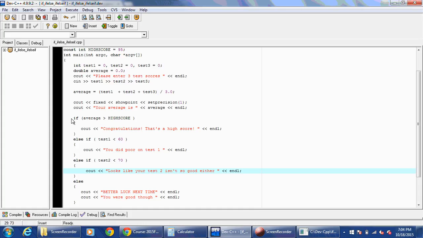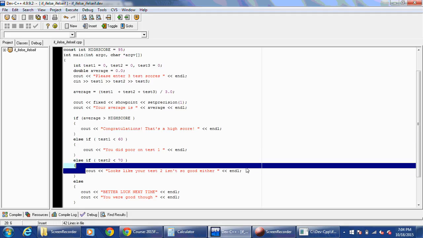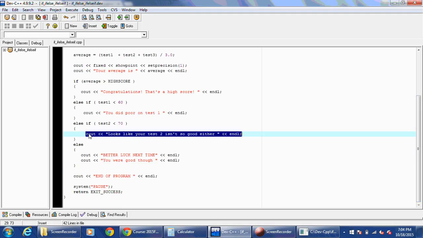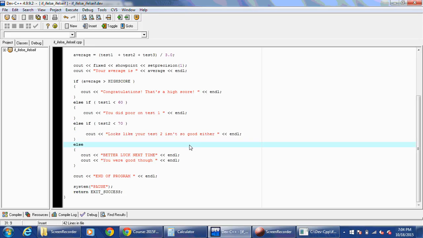you're always going to check sequentially. It's always going to go, if it's false, then go to the next one. If it's false, then go to the next one. If this is true, then it'll hit this statement. But remember, because it hit this statement, then it won't hit the else. It's going to come out of the else and go to the next line of code after this group of statements. For example,